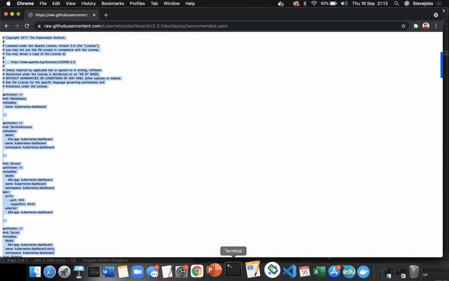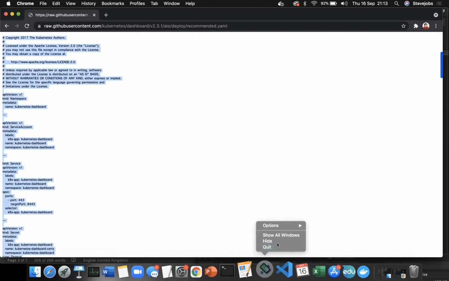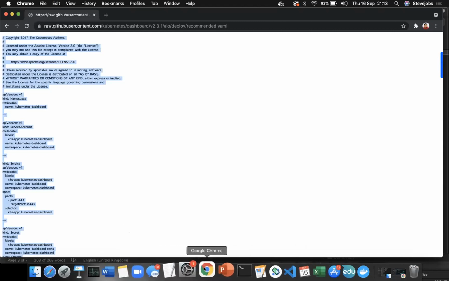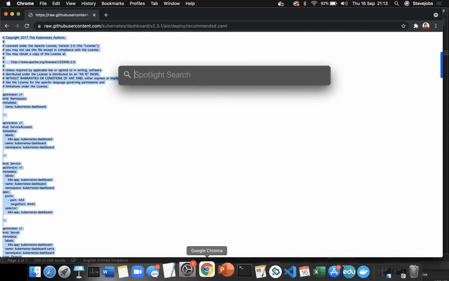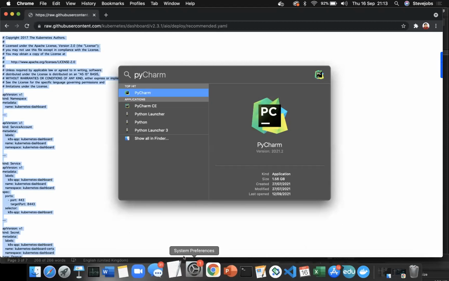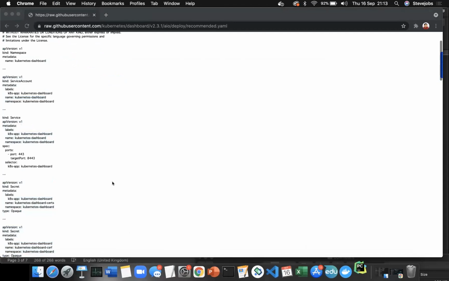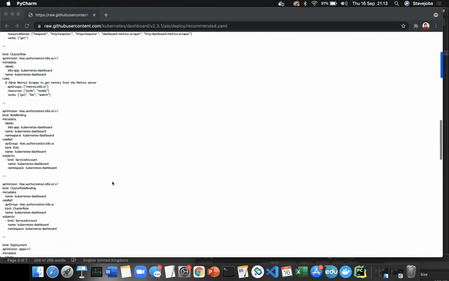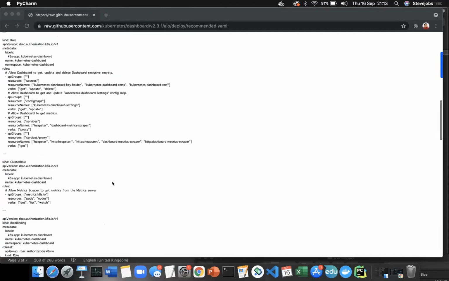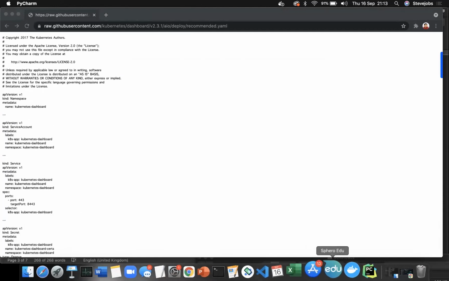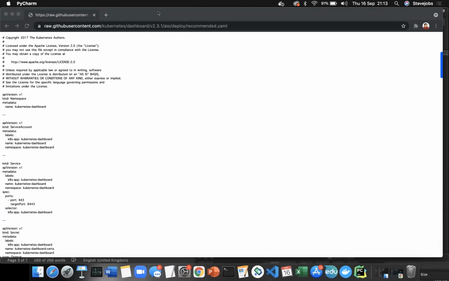you today. If you take this YAML file and paste it in maybe PyCharm. So basically today what I'm trying to do is run a Kubernetes YAML file on my local machine, and I want to explain what this YAML file is and how it looks. It has all the ingredients required for us to run.